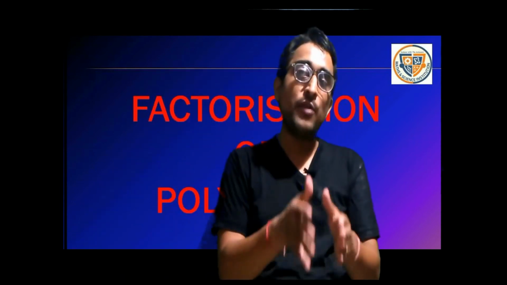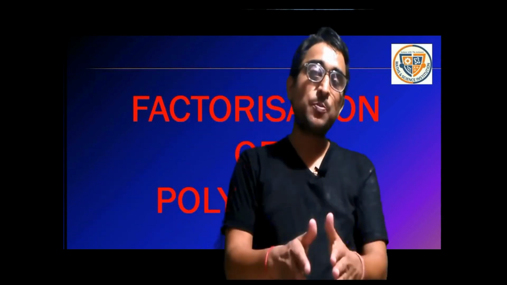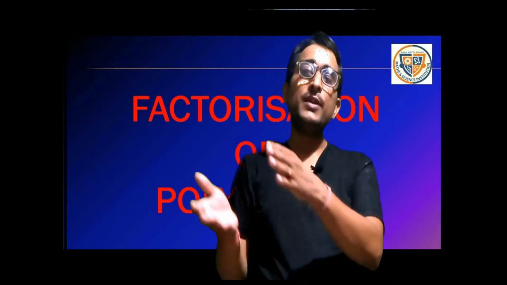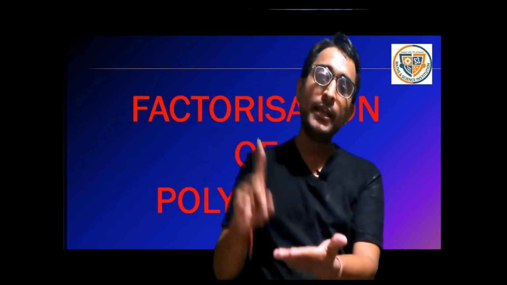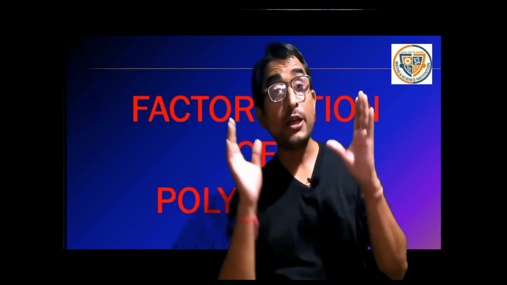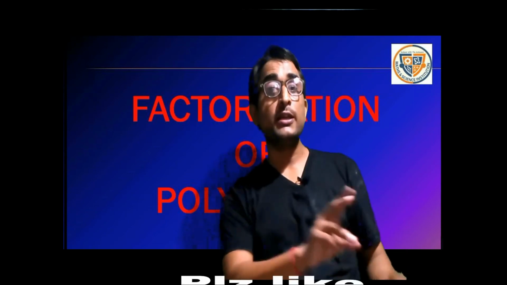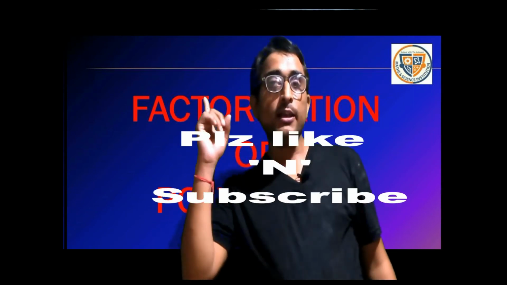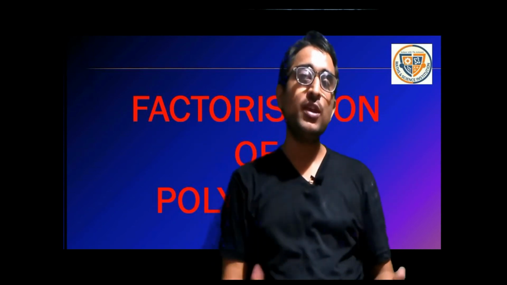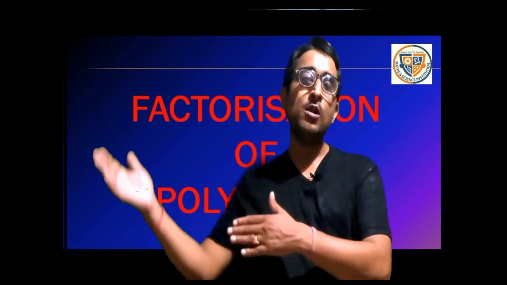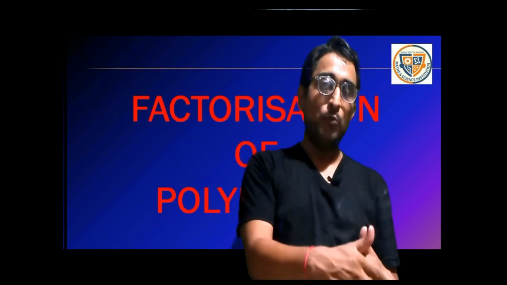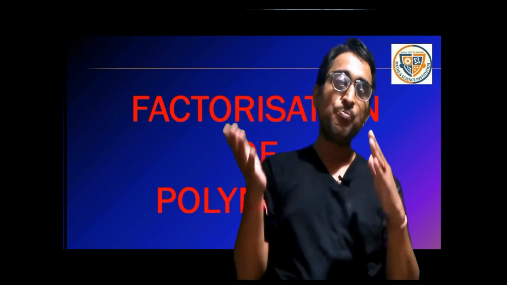So why are we required to do that? Just because it is easier to solve a polynomial with less degree. Suppose I have a linear polynomial, a quadratic polynomial and a cubic polynomial. The easiest of all these three options is to solve a linear polynomial. So to get the desired results, we always tend to move from complex to lighter, simpler forms. That is the function of factorization.